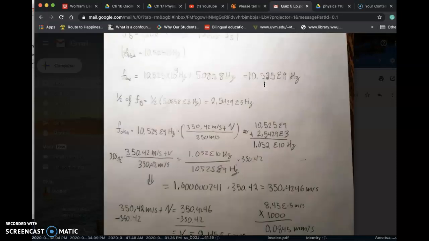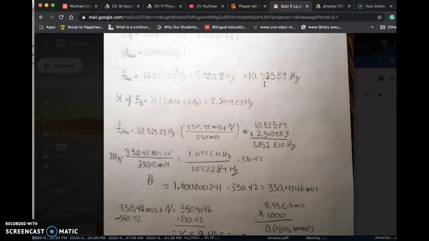And then we divide that amount by the original frequency and multiply it by 350.42, which is 1.0000241 times 350.42, which equals